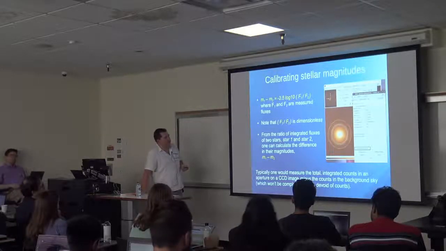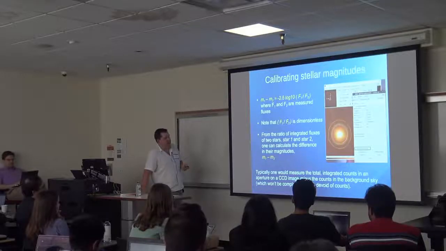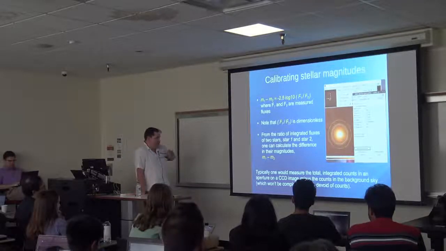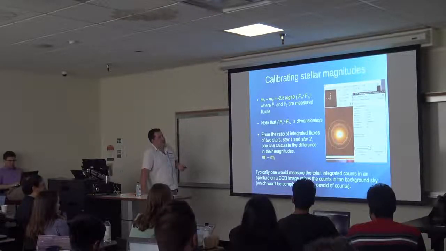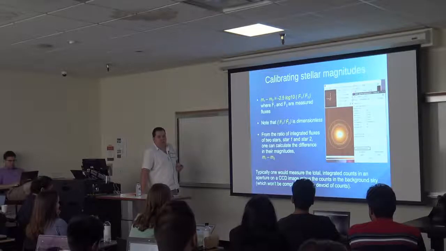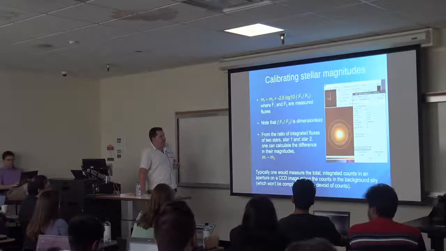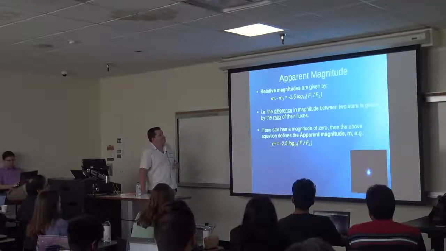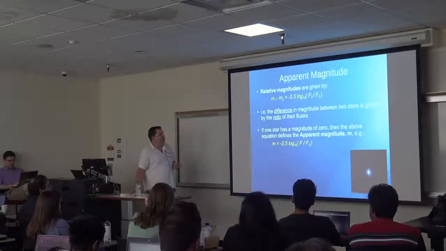Typically what we do is we place down an aperture, and we literally count counts per second within this aperture, which gives us a measurement of the flux. It's not really anything more complicated than that. Now, inside this aperture, you have not just the contribution from the object, but also a contribution from the sky, because the sky is not completely dark, so you have to account for that as well and subtract that. So this magnitude equation gives essentially the relative magnitudes, the difference between two stars, by the ratio of the